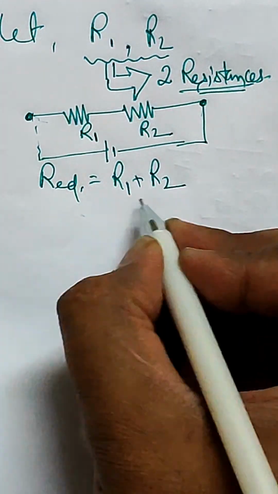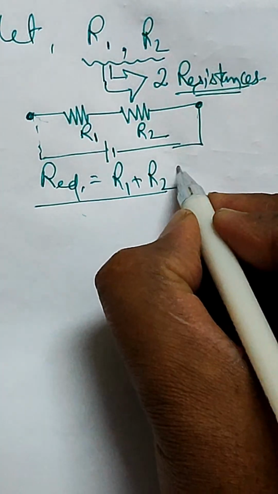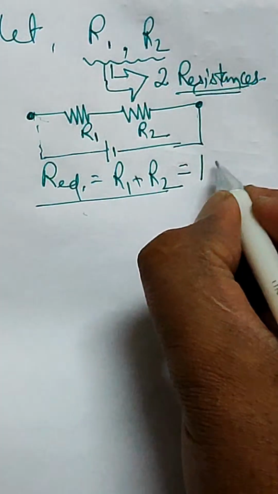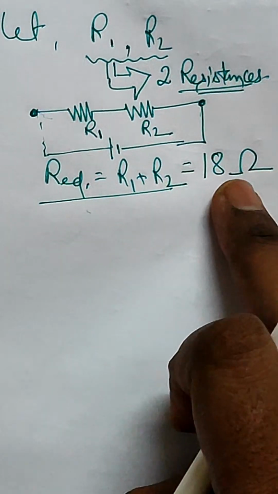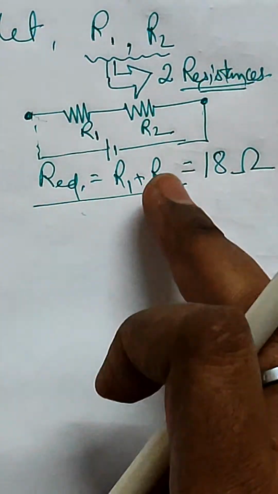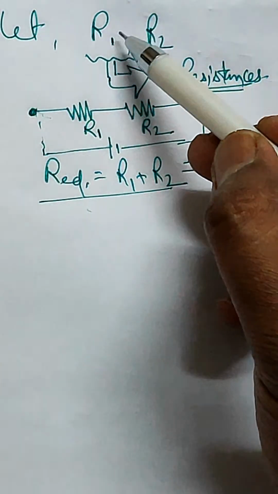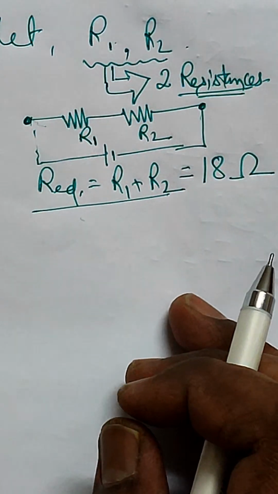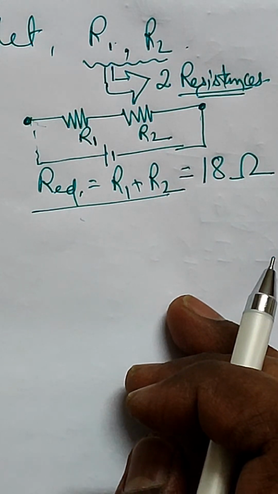I think you remember this formula, right? And here the value of this equivalent resistance is given to you, and that is 18 ohm. So 18 ohm is the equivalent resistance of a series connection between R1 and R2. Now, when the same resistances are connected in parallel, they will have an equivalent resistance of